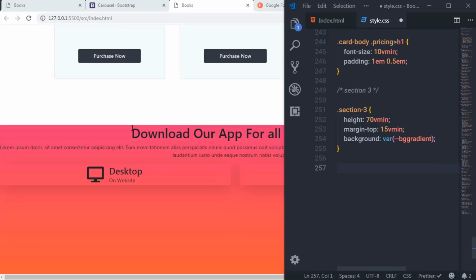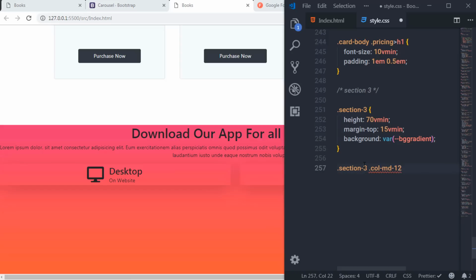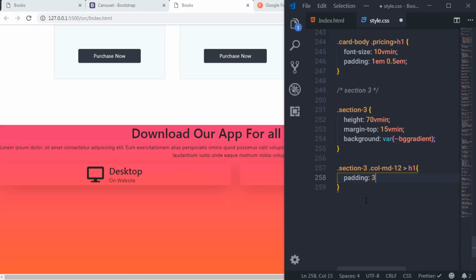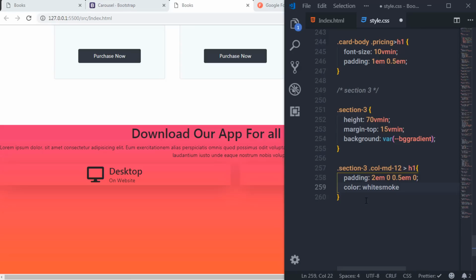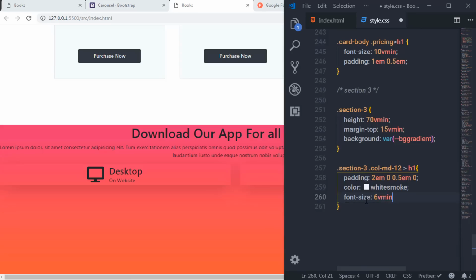Now just after that, I will select this h1 heading tag. So I'm going to first select section 3, then I will select the col-md-12 class, and I want to select this heading tag. So I will say h1 here, right? And then I will say padding here. I want to specify padding to the top. So I will say 2em, and for the right side I will say 0. For the bottom I'm going to specify 0.5em, and for the left I will say 0 here, right? Then I will say color here and specify a whitesmoke color to this heading with font size 6vmin. Save the changes,